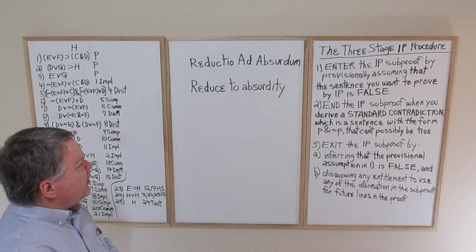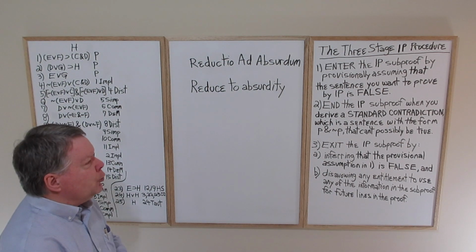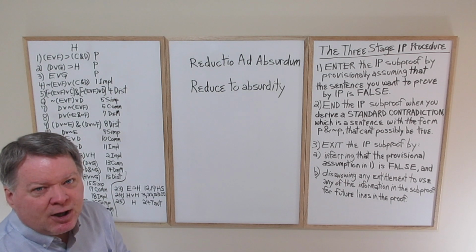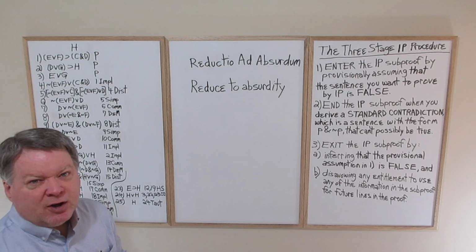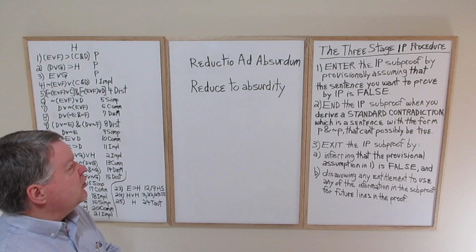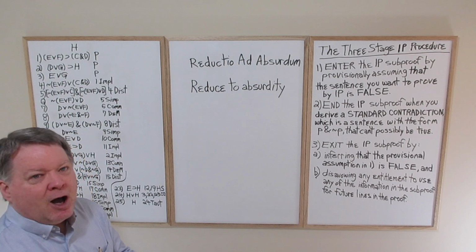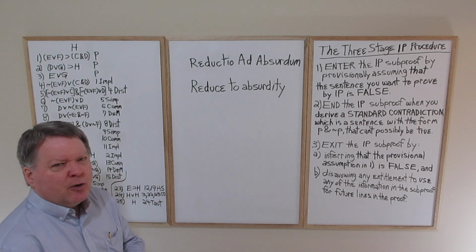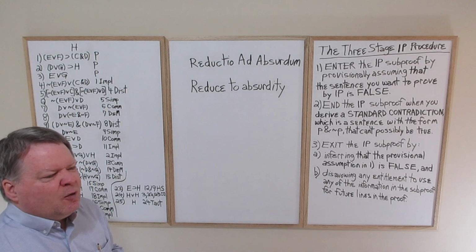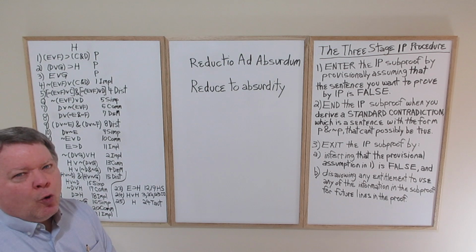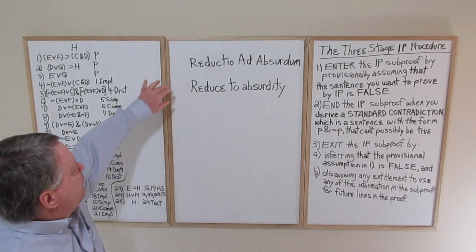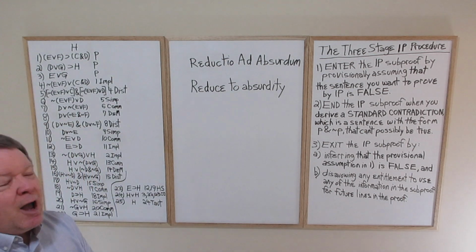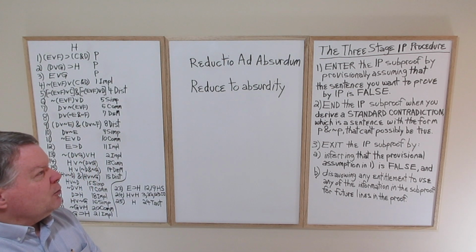Notice though, what's being reduced to absurdity or impossibility is not the sentence we're ultimately trying to prove by IP or reductio ad absurdum. Rather, we're reducing the denial or negation of the position we're ultimately trying to prove to absurdity when we use the